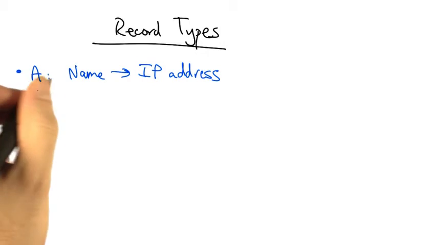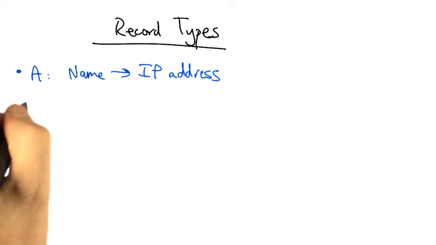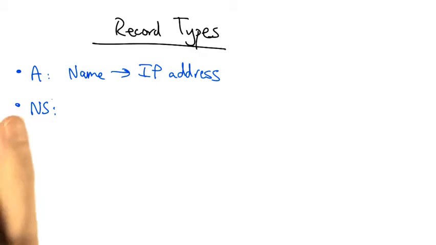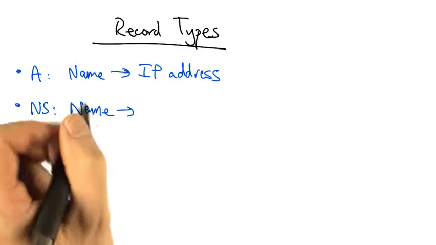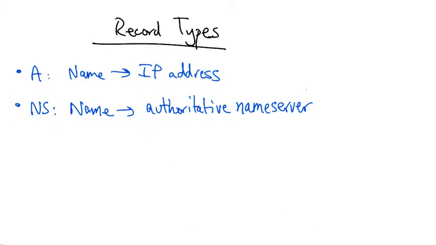A records map names to IP addresses, as we've seen. We've also seen what's called an NS, or a name server record, which maps a domain name to the authoritative name server for that domain. So we saw a bunch of NS records in the form of referrals,